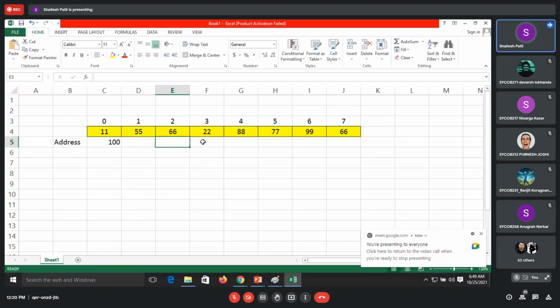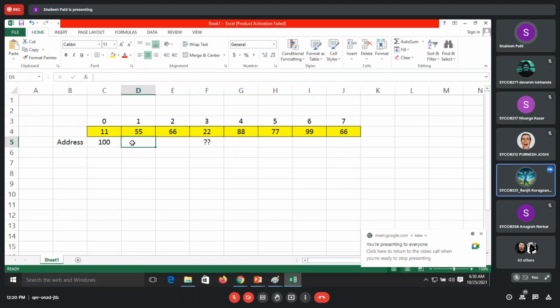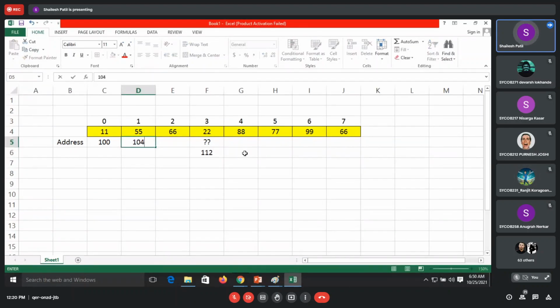What is the address of this location? 112. But how have we calculated it as 112? We know it will be 4 bytes, so it will be 104, 108, and this will be 112.